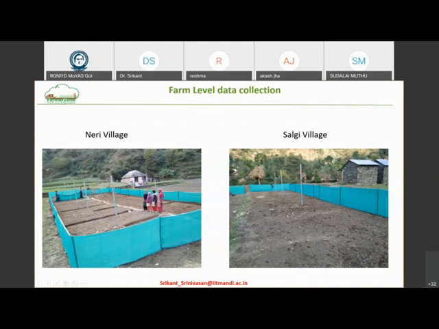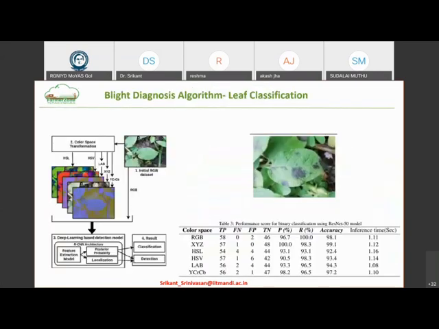So this is called Mandi village, Salgi village, different places, same systems, and bringing in the local population, trying to get them interested in this, because these are all physically taxing jobs which we as faculty and students cannot handle. So we have to somehow get the local population integrated into this, to get them interested in this, to help them see the benefit of it, so that they can take the ownership and responsibility, and checking for the maintenance of it. So this is where there's a lot of social component also in ensuring that the system is working properly. So this is the part which is about the farm level data collection.